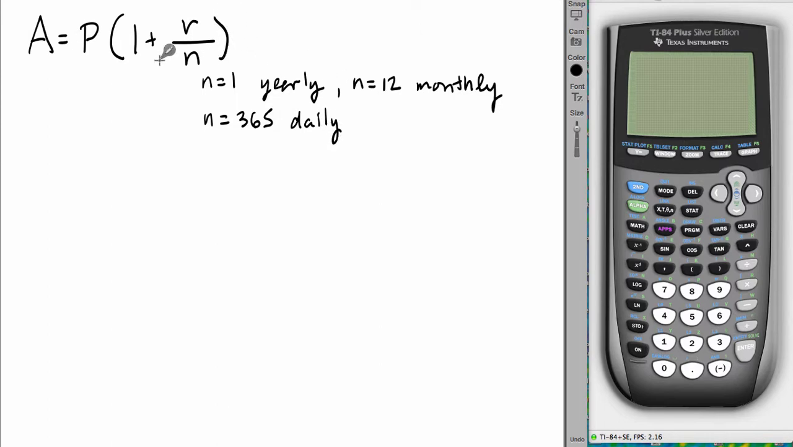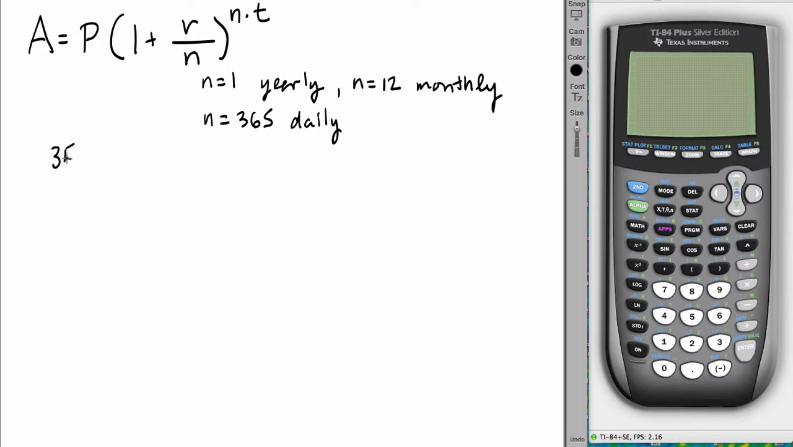Now, that quantity, 1 plus R over N, is raised to the N, that's the same N we've just been talking about, the number of times compounding occurs per year, times T, the number of years. So, let's go through two quick examples of calculating the value of an investment. Suppose